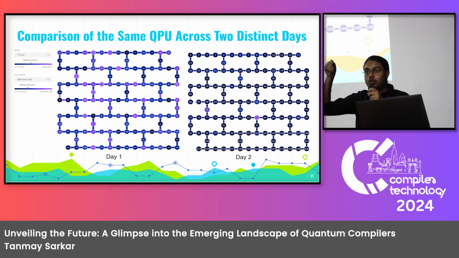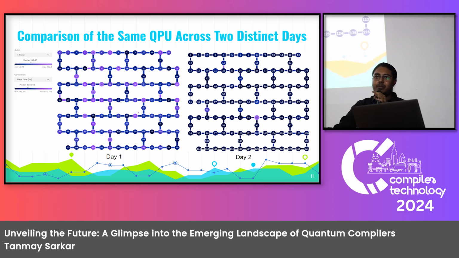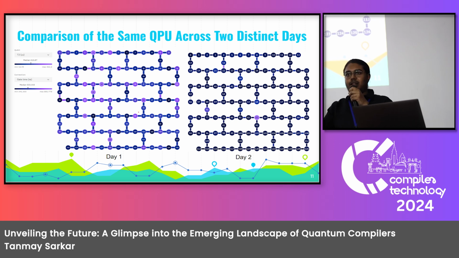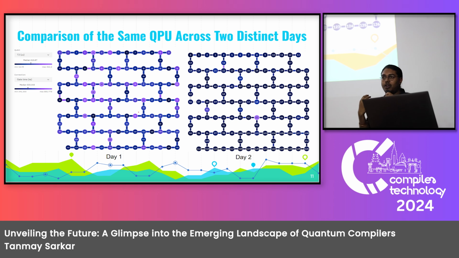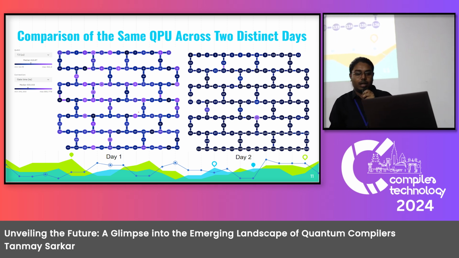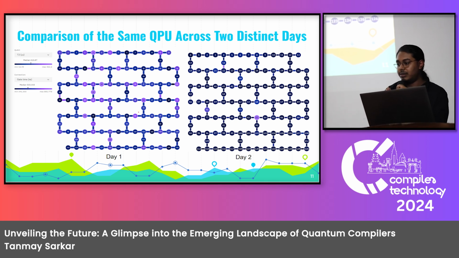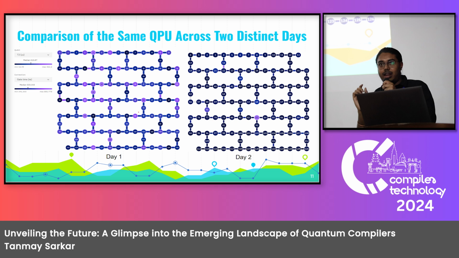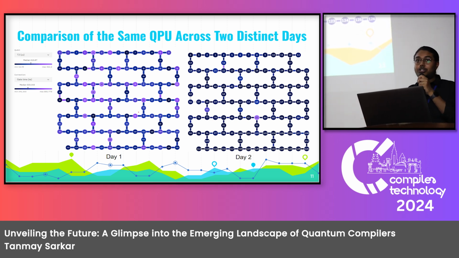Even when you do operations, let's say you are continuously doing some quantum thermodynamics experiment on your system. You are trying to solve some problem and you are using the quantum processing unit. And let's say you are continuously applying the X gate, which is basically analogous to the NOT gate in classical computing. If you keep on applying that, the system's transition frequency would shift, causing errors. So those sorts of intermediate errors also come in.